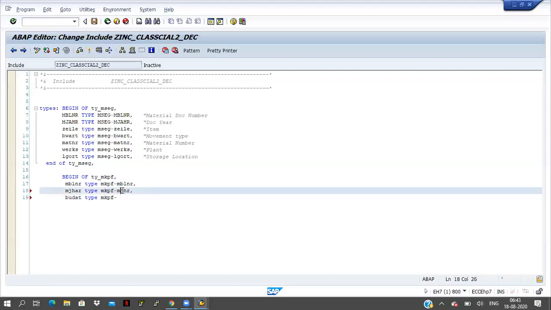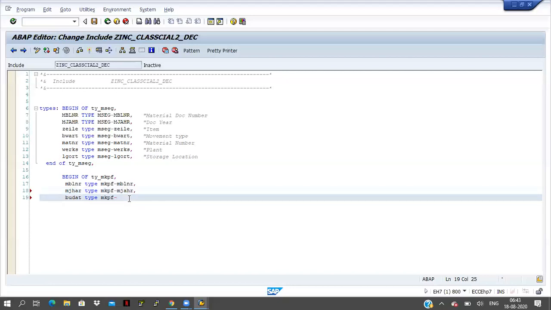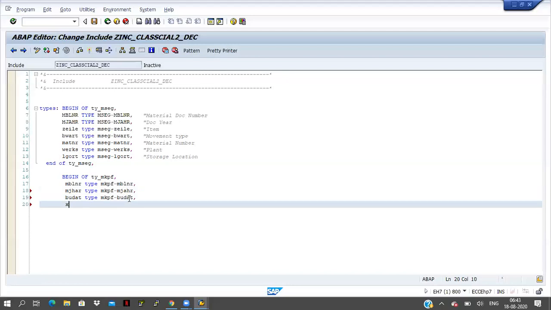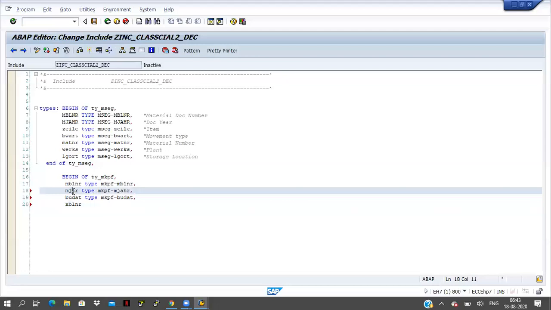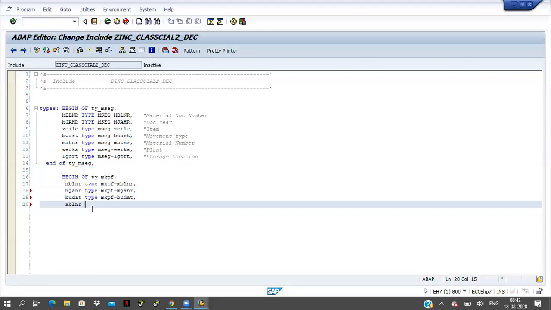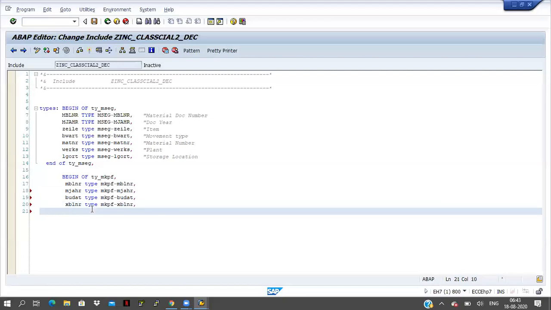Oh okay, thank you. Correct only, thank you. mkpf hyphen xblnr and end of ty_mkpf.